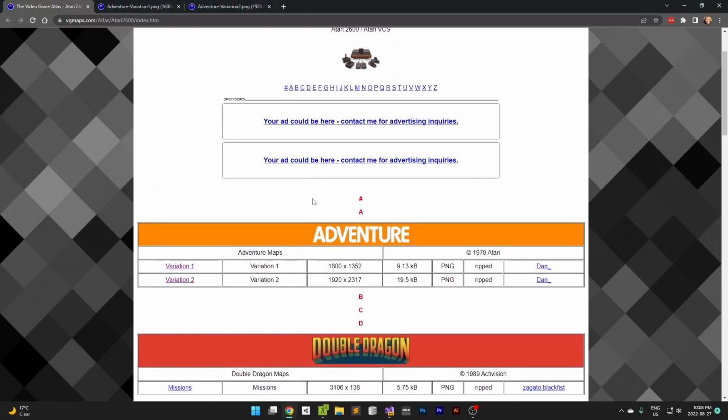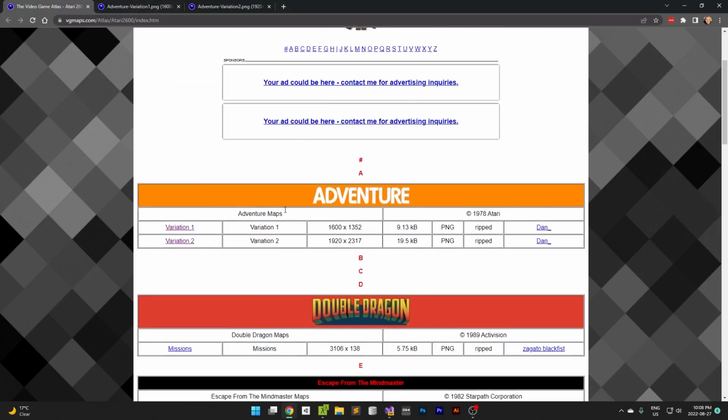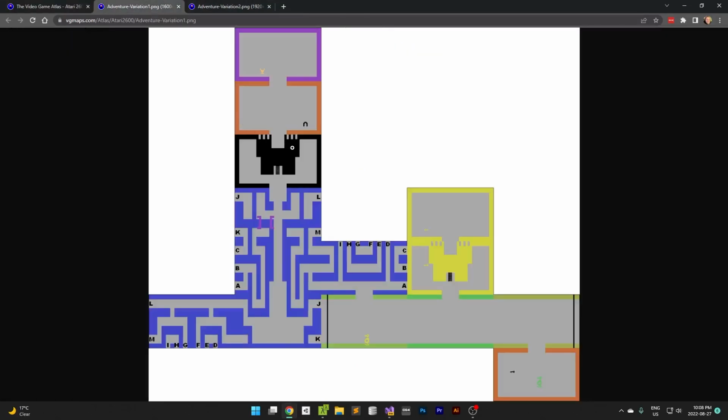Now, the last time we left this, I said I was going to do the map. I did notice something that was on this website here, vgmaps.com/atlas/atari 2600/htm index.htm. Anyway, there's a whole bunch of games here. The one I'm interested in is adventure, obviously, which is this one here. There's 2 variations of it. I'm just going to do the first variation of it,